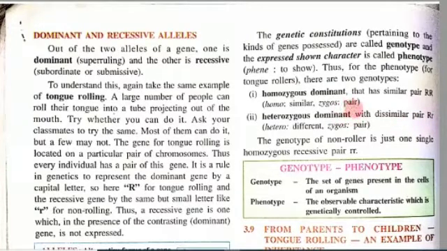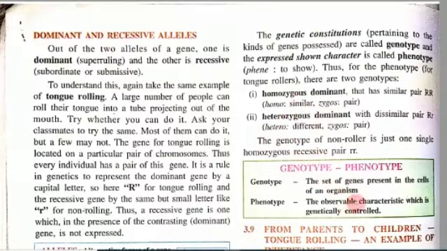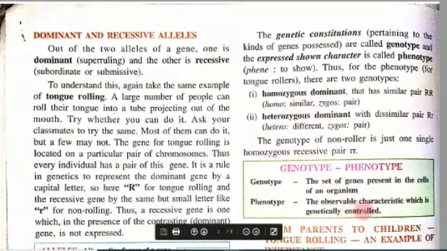Examples are capital R, capital T, small t, capital A, capital W, small w. Likewise, they come under heterozygous. Genotype is the set of genes present in the cell of an organism, and it gives the 1:2:1 ratio. Phenotype ratio is the observable: how many tall, how many dark, and it does not vary between homozygous or heterozygous. These are the observable characters which are genetically controlled.